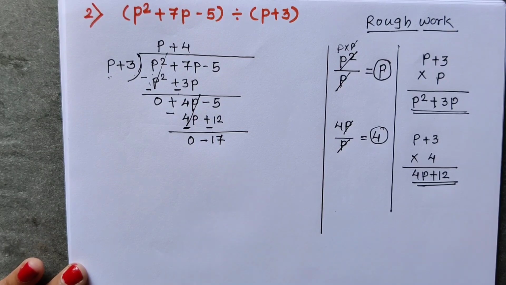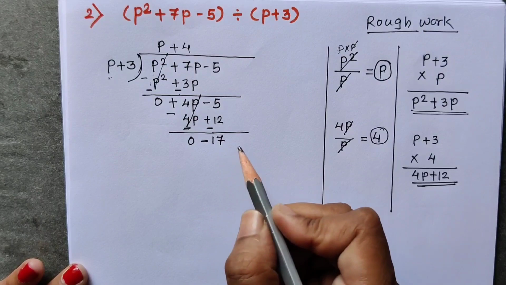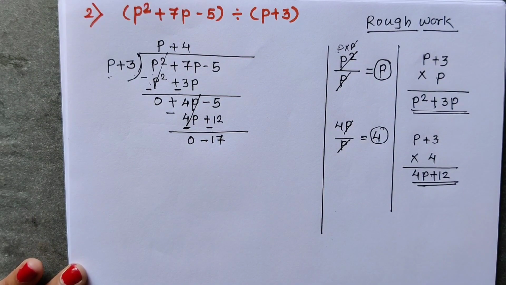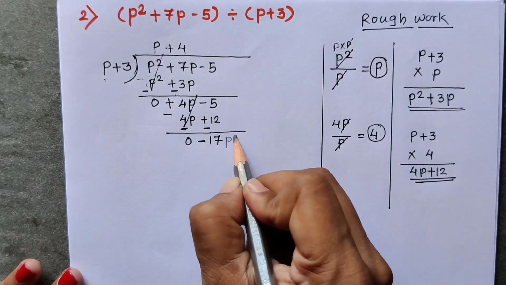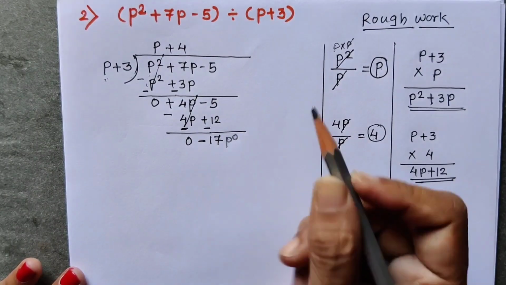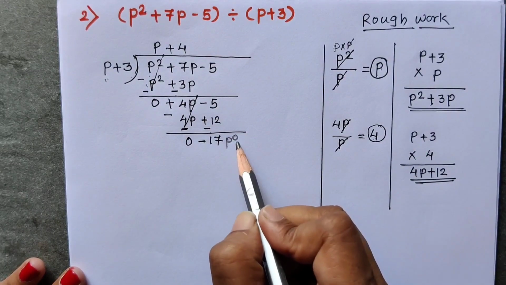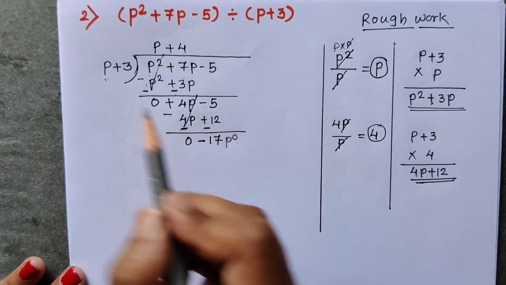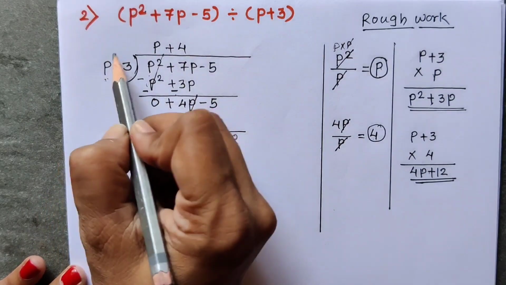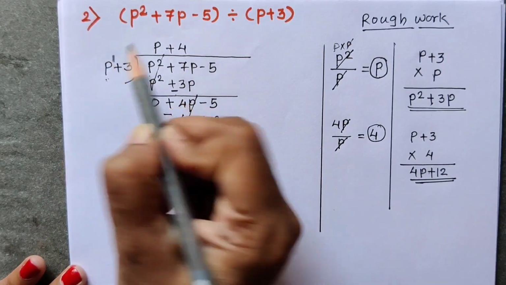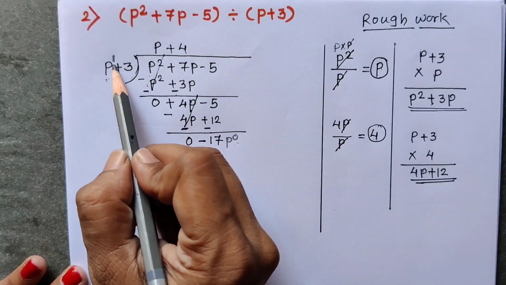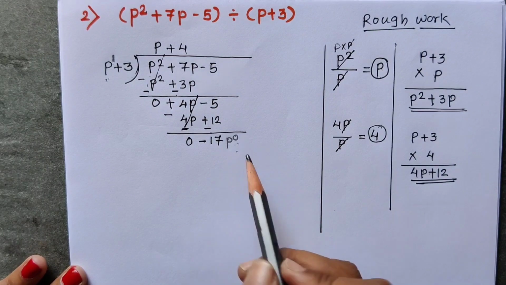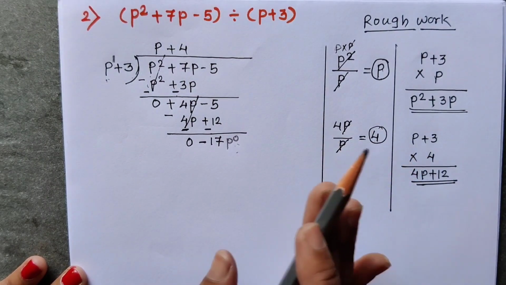Now after this we cannot solve the sum. Why we cannot solve the sum? Here we are getting only a constant number, and only a constant number, no variable is there. That means the variable is having index 0, p raised to 0 is there. Okay, so here the index of the variable is smaller than the index of the divisor. Here the index of the divisor is 1, nothing is written means always 1 is there. So this is bigger than this. So when the divisor's index is bigger than the dividend's index, we cannot solve after that. We have to stop there.